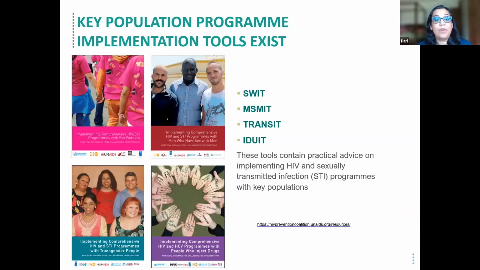There are several key population implementation tools, and you may have seen many of them: the sex workers implementation tool, the MSM implementation tool, the transit, IGWIT. They are the primary references for the Trusted Access Platform Guidance document. These implementation tools should be consulted for more details on designing effective key population